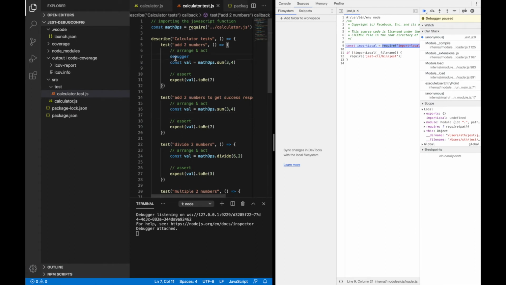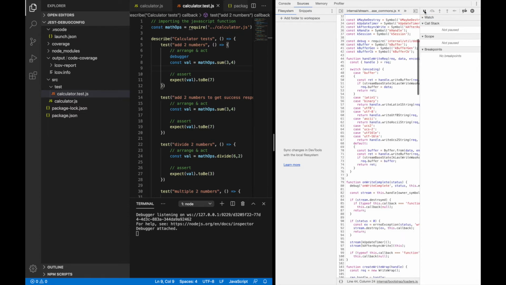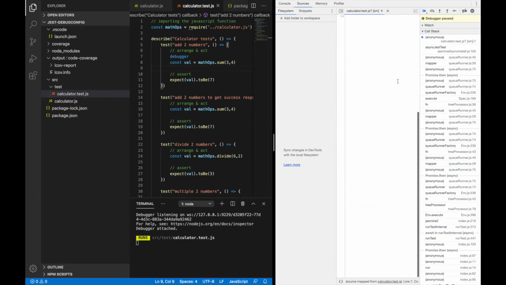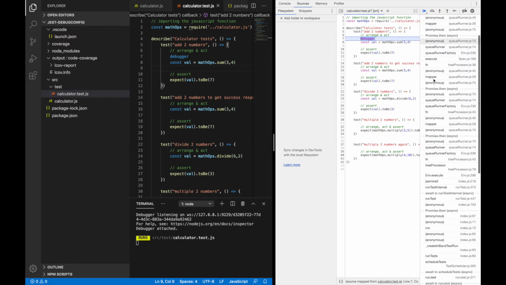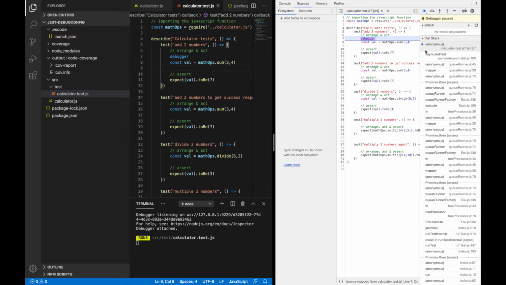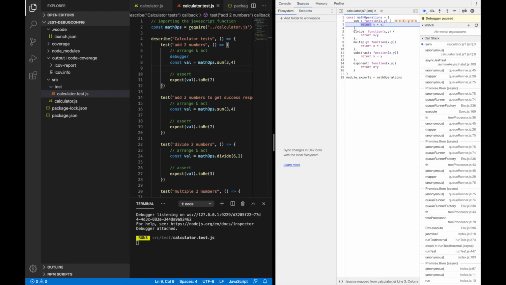So now we'll expect our debugger to hit at this breakpoint here. I'll just click play. And you can see that now our code execution has stopped at this debugger endpoint and it's showing the call stack, watch, etc. Now let's see if we can move ahead. Like I want to go to next function call, and now I want to move inside the function. You can see that now I am inside the math operations,